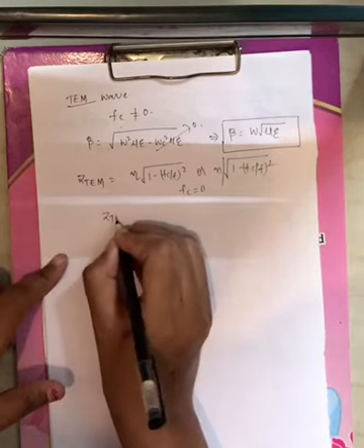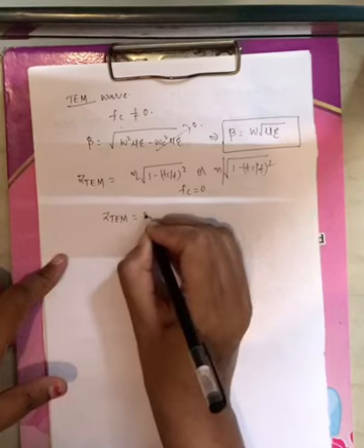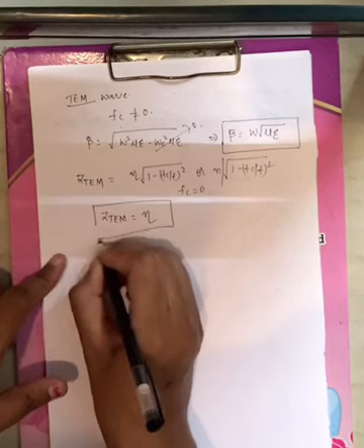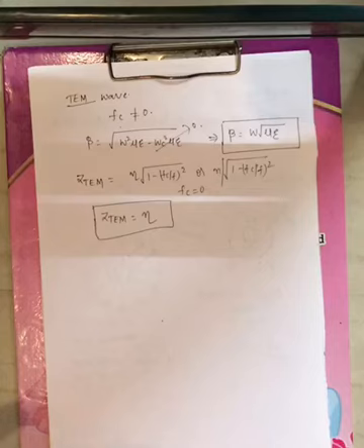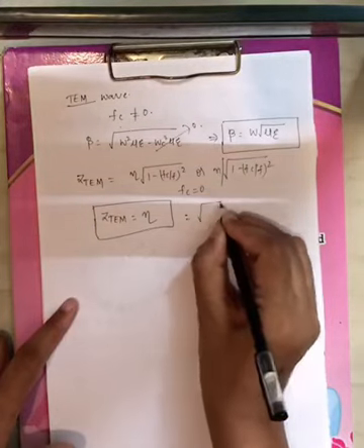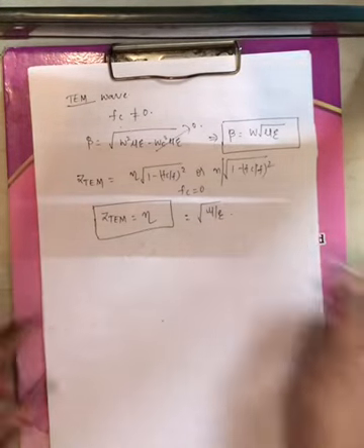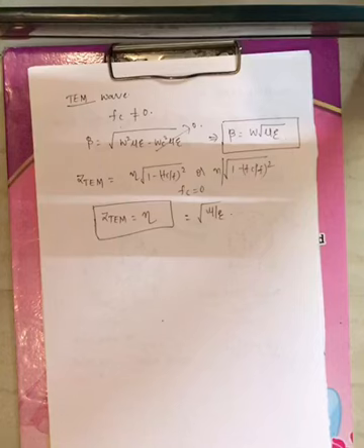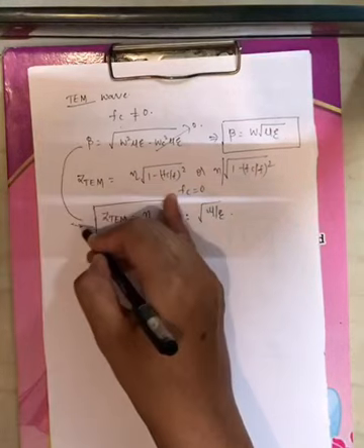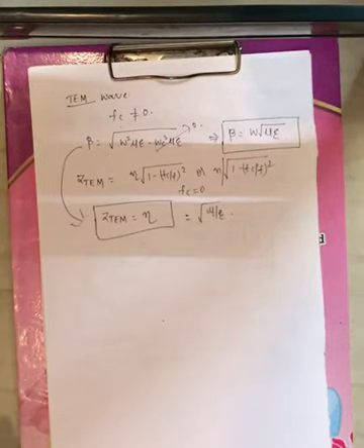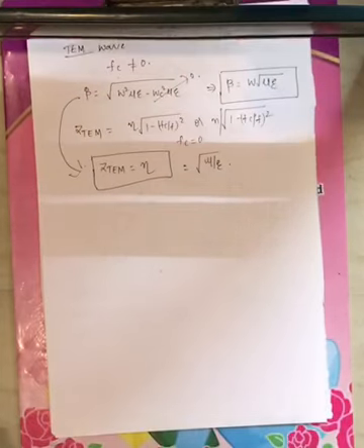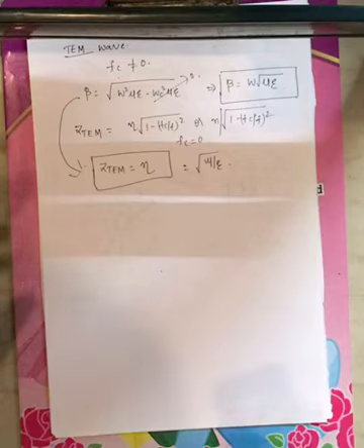When fc is 0, the wave impedance ZTM is nothing but eta, right? Eta is the square root of mu by epsilon. These two expressions depend on fc only. A multi-conductor transmission line doesn't contain any cutoff frequency. When it doesn't contain any cutoff frequency, the wave impedance is nothing but eta, the square root of mu by epsilon, which is 377 ohms, right?